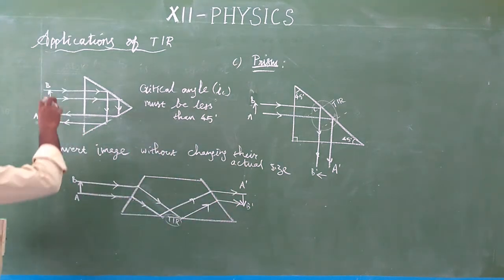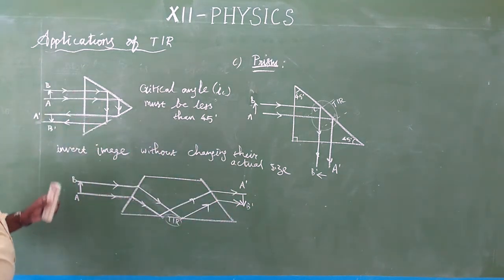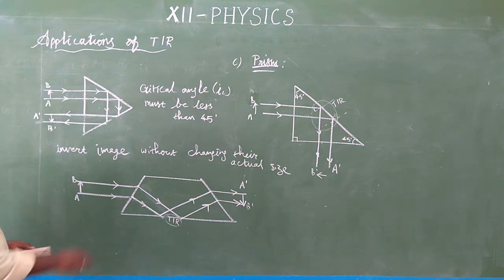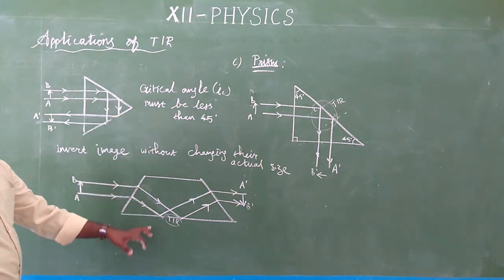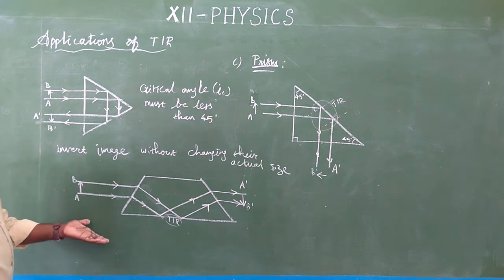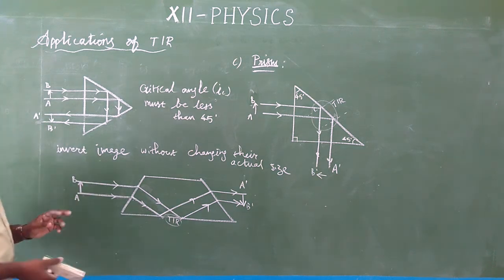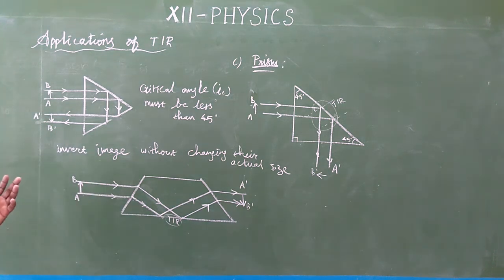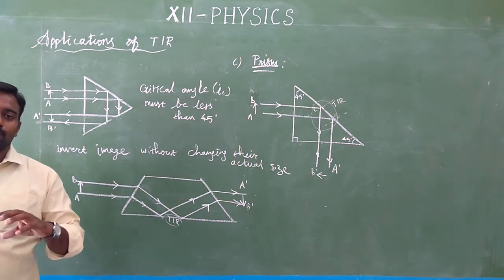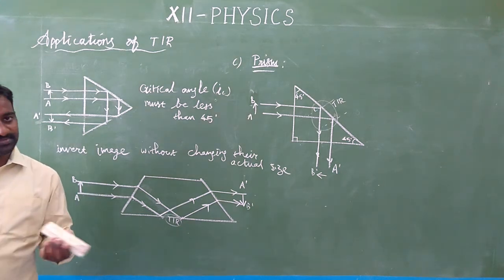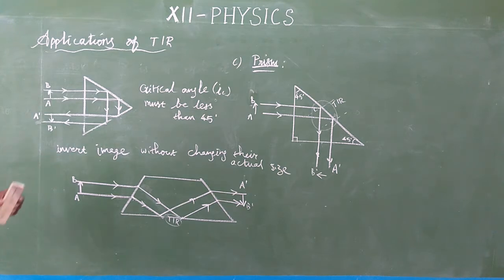So the same thing happens in every prism of different shapes, that is the right angle prism, triangular prism and other shapes of prisms; the same phenomenon takes place. Even in 10th you have studied, if two prisms, one is inverted to another, and you allow white light, then what is the emergent light from the second prism? The same white light. So this is the application of internal reflection in prisms.